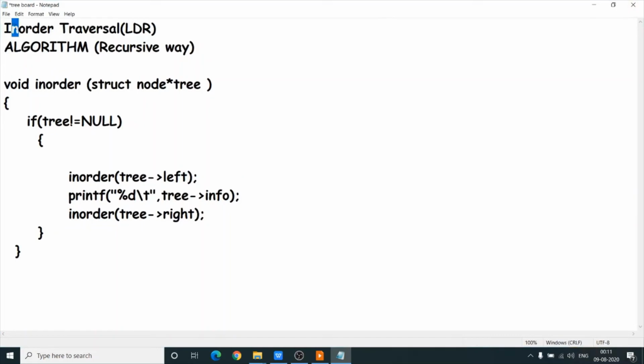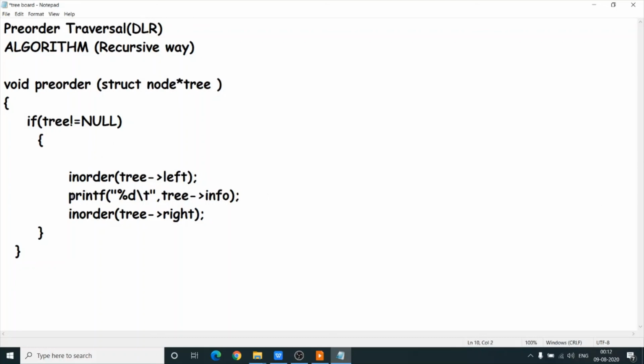So now our algorithm name is pre-order traversal algorithm. Pre-order traversal means it is DLR. So the function name is preorder. Here also we are passing the address of the root node. If tree not equals to null, then it is DLR.